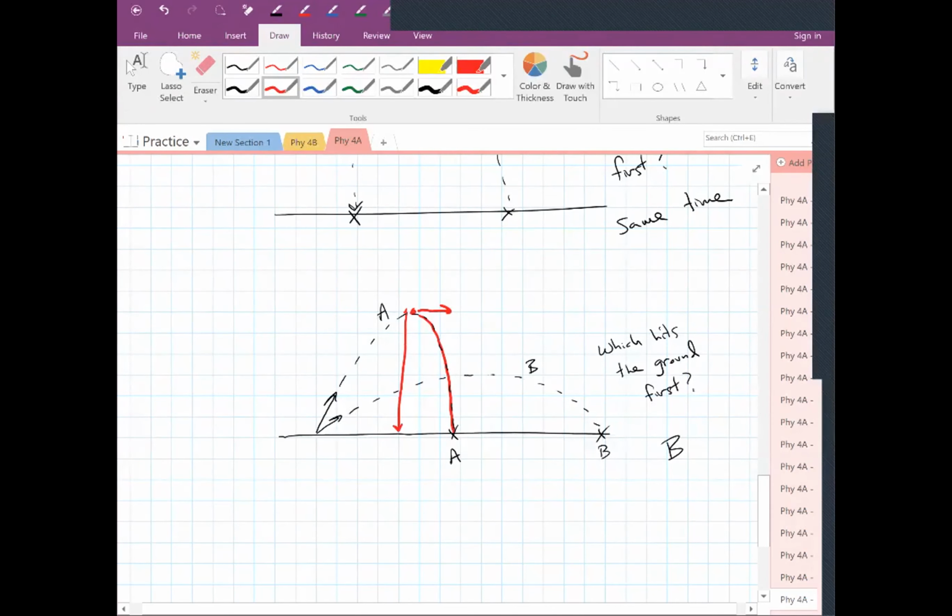We agree with that? And if we did the same thing over here with B, we had one that was launched horizontally and one that just falls straight down. Those 2 would take the same amount of time to hit the ground. We good with that? So if we ignore these that are going horizontally, then obviously, I think we would all agree, if we drop 2 objects, one from a high height and one from a low height at the same time, the one that started higher would take longer to hit the ground, right? So the time is completely determined by the vertical direction. Okay, let's go back to